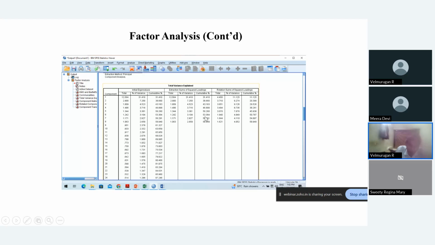And if you note down this cumulative percentage, it is 58.949, which says that out of 25 or 30 questions, a few questions are significant. It may be around 20 questions or 15 questions. All these 15 questions contribute to job satisfaction to a tune of 58.949%. This denotes the questions which are found to be significant alone contribute to a tune of